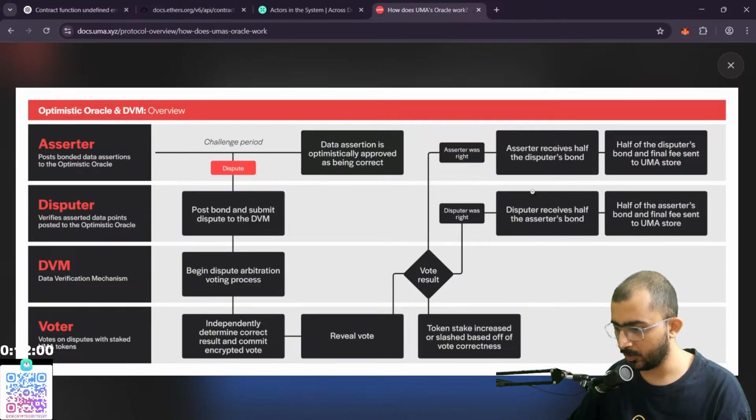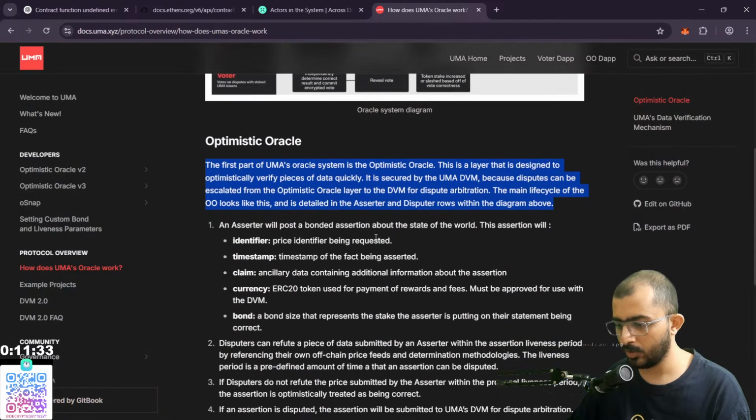Okay, they are talking about this. Voters independently determine the correct result and commit an encrypted vote. Reveal vote. Token stake is increased or slashed based on correctness of the vote. Okay, and